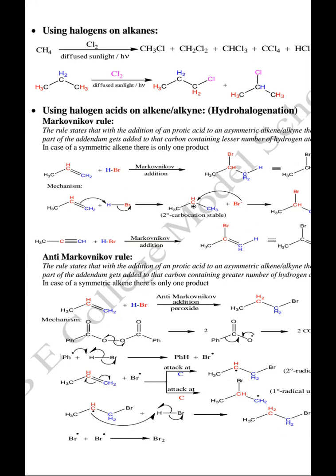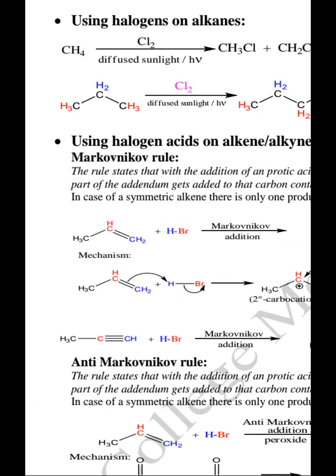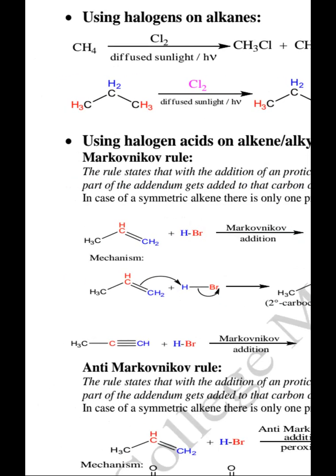The next reaction that we see is that of chlorine with propane. You can see two of the hydrogens are marked in red while one is marked in blue. Because these red marked hydrogens are in the same environment and are equivalent, whereas the blue marked hydrogen is in a different environment, so that is not equivalent to the red hydrogens. In such cases, we get different kinds of monohalogenated products, where all the isomeric monohalogenated products occur.